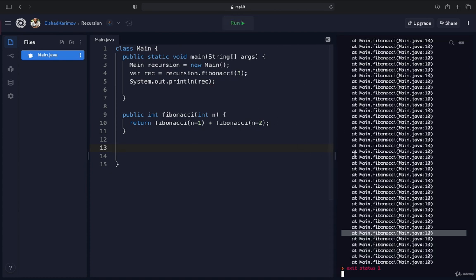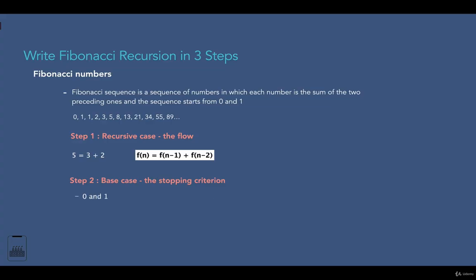Now if you run our code, you see that we are receiving the same error that we received in the case of factorial numbers. Here our loop runs infinitely, so it gives an error because it reached the limit. To prevent this, we know that we have a second step in which we define the base condition for our method. From the definition of Fibonacci, we know that Fibonacci numbers start from 0 and 1, so our base condition will be 0 and 1. So when our function receives either of these as an input, it should return that number itself, because Fibonacci of 0 is 0 and Fibonacci of 1 is 1.